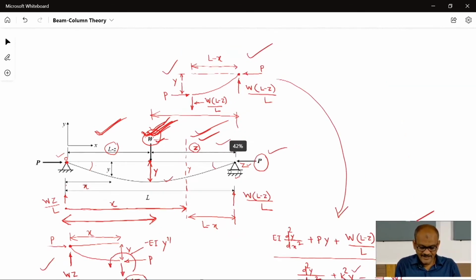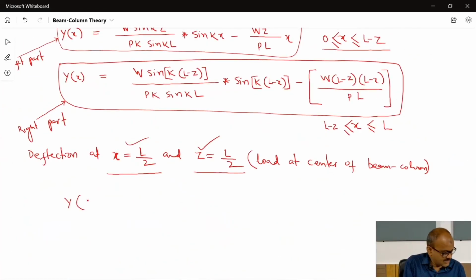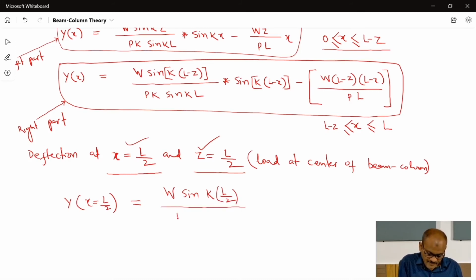So we are finding y at x equal to L by 2. This becomes W sin kL by 2 by P k sin kL into sin kL by 2